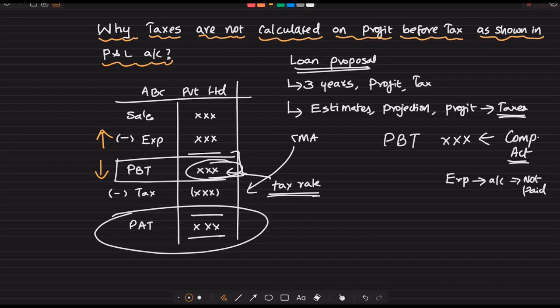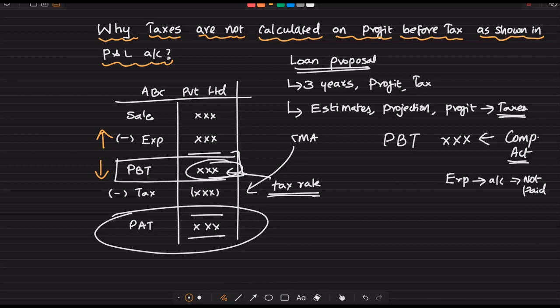And when expenses increase, what will happen to the profit before tax? That will decrease. And that's not something acceptable for income tax department because they need more revenue. So in the name of fair value or in the name of fair disclosure, if you keep on booking expenses which are not being paid but they are just accounted, you are of course bringing out the real position to the readers of financial statement. You are communicating that this is the profit this business is making, but taxman will not be happy with that because you are reducing the profits, and consequently you are reducing the taxes also.